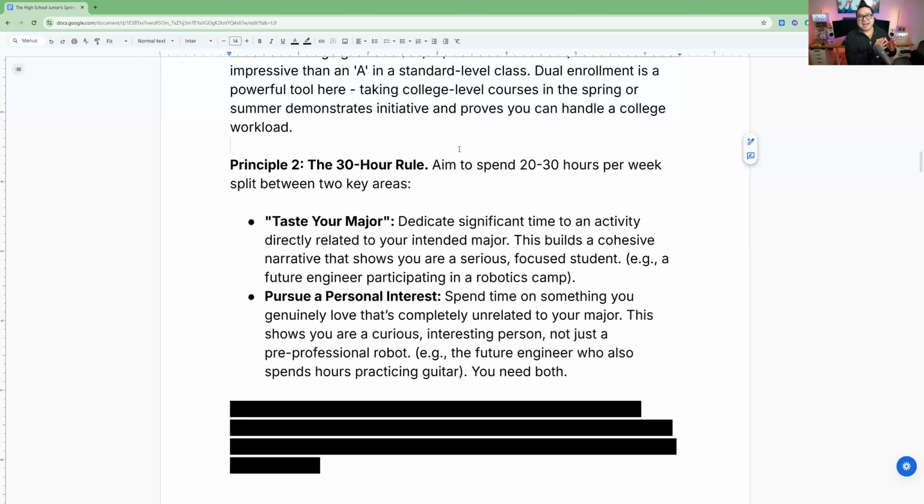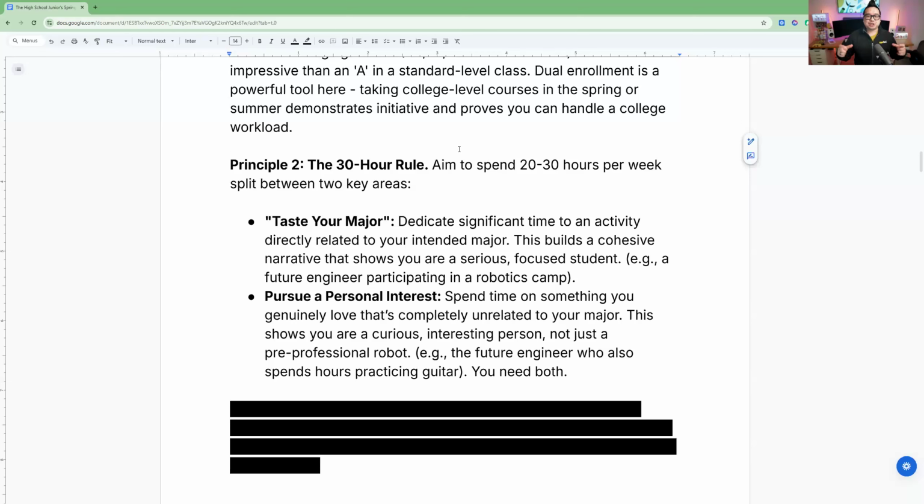The first bucket, I call it tasting your major. Tasting your major is working on activities related to your major. If you're interested in engineering, maybe doing robotics. If you're interested in medicine, maybe shadowing a doctor or volunteering at a doctor's office. One of our students I talked to earlier today was interested in poli-sci, and she's probably going to do an internship with a senator.